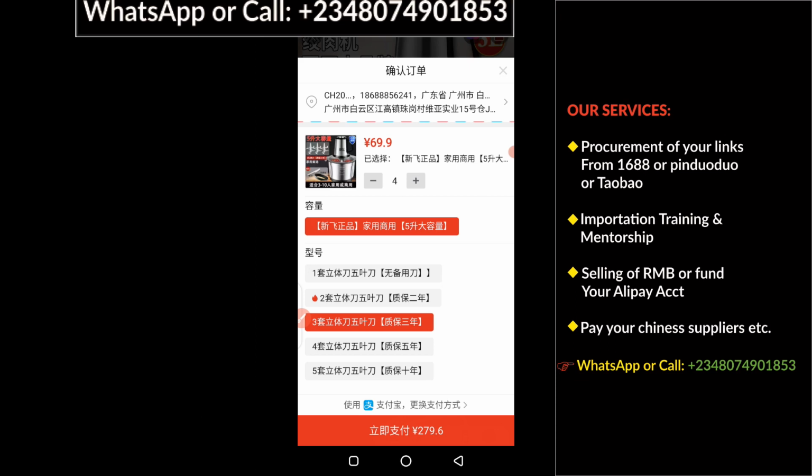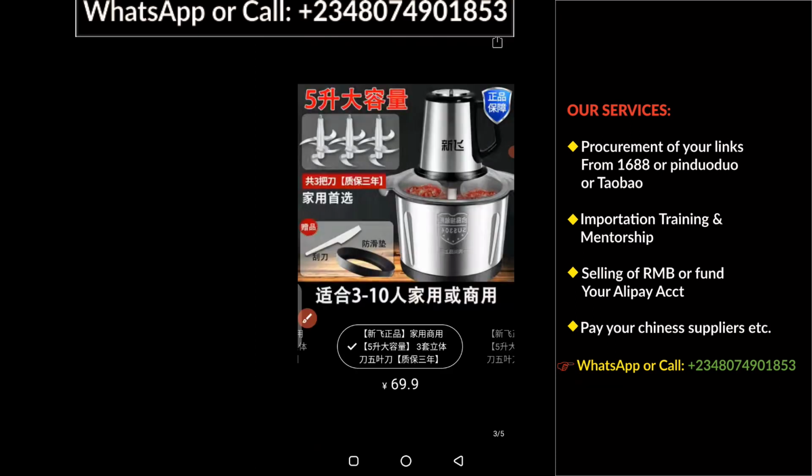my importation class. Okay, now here you can as well check the product picture. All you have to do is to click on the big product picture here. Now you see there are differences between the size and the capacity of the product. So the picture will tell you more as well. We are on a 3 liter capacity. So if I click on the product picture now, you see the picture of 3 liter capacity